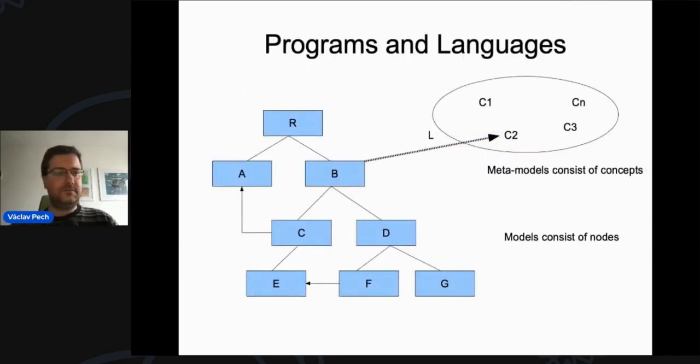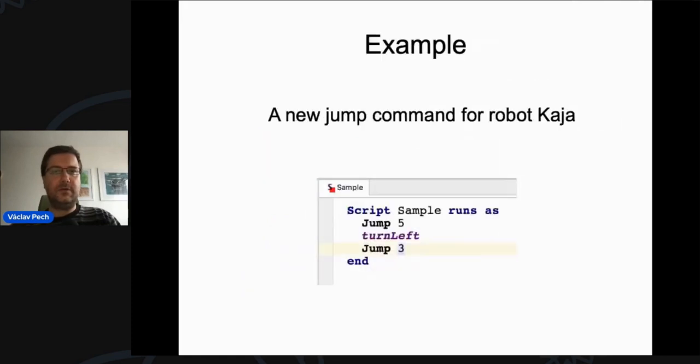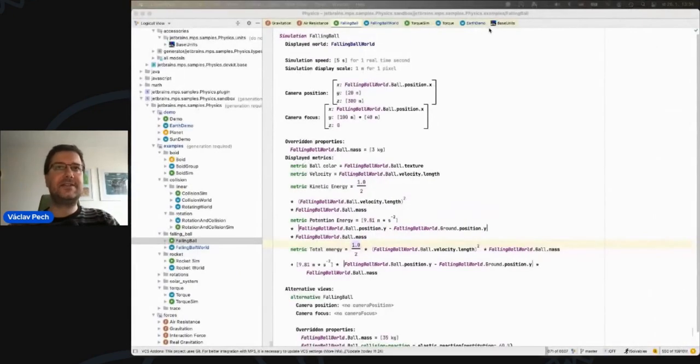So in essence, models or source code, or whichever way you want to call that, in MPS are trees composed of nodes, and each node is an instance of a certain concept. These concepts come from the languages that you employ in your models. Now, I want to get concrete here. So not only talking abstractly about an abstract syntax, but I want to give it some concrete